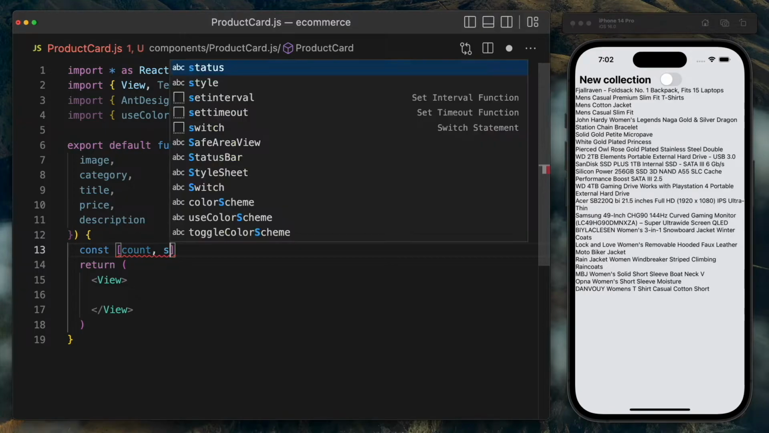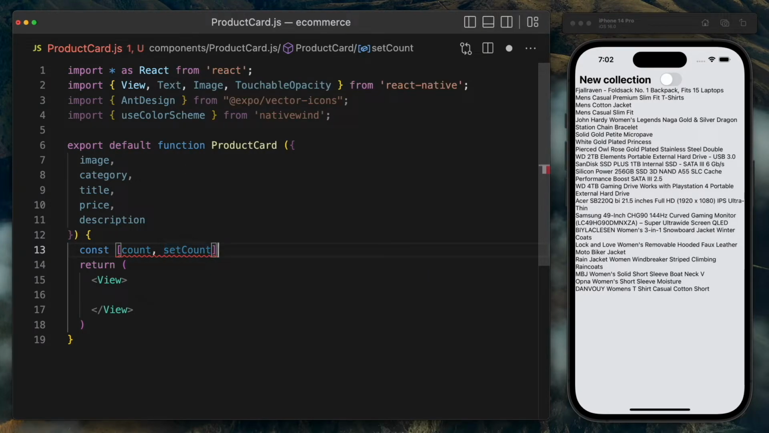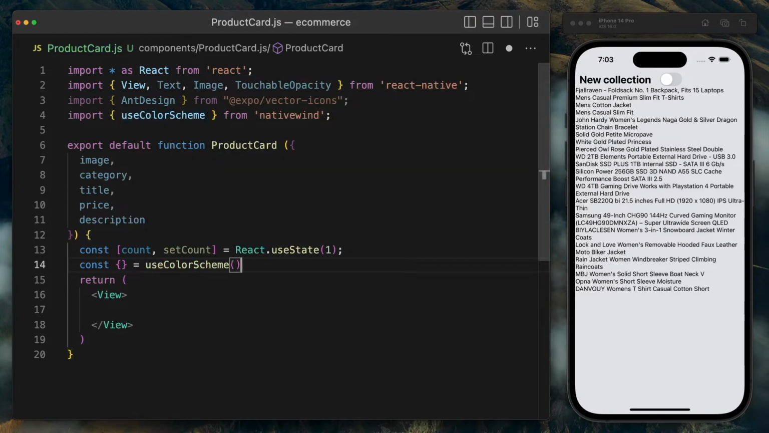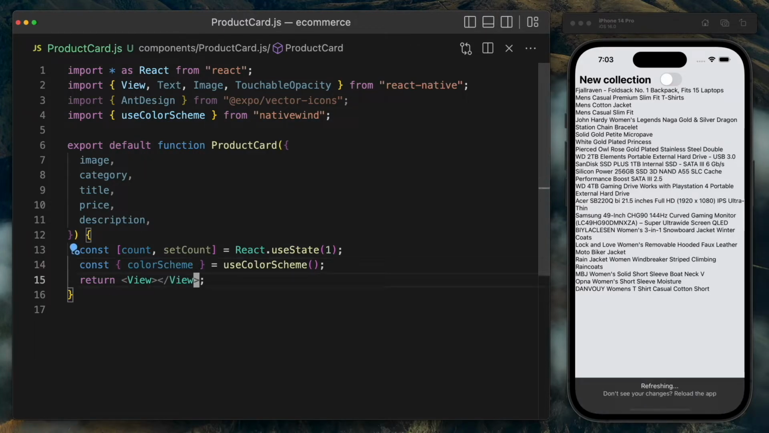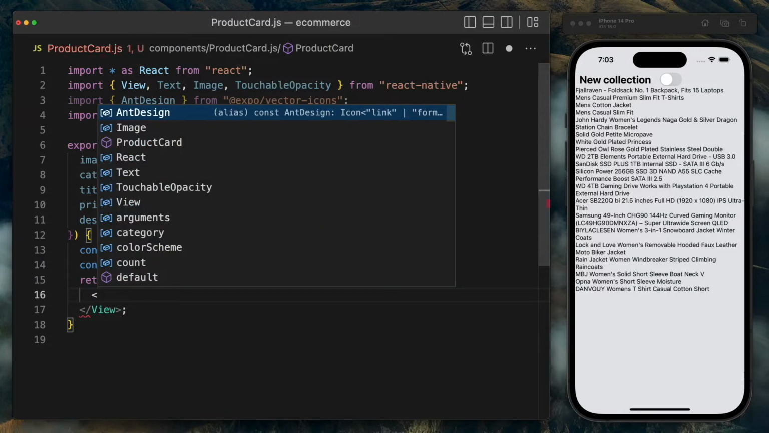And down here, using React state, I'm going to create a variable called count, and this count is going to store the number of items that the user wants, and we are going to initialize it at 1 because by default we want the price for one item, right? If the user increases the count, we are going to multiply the price by the number of items, the count, and we're going to do that later. So that's why we need this variable. As well, I'm going to destructure the color scheme from use color scheme,